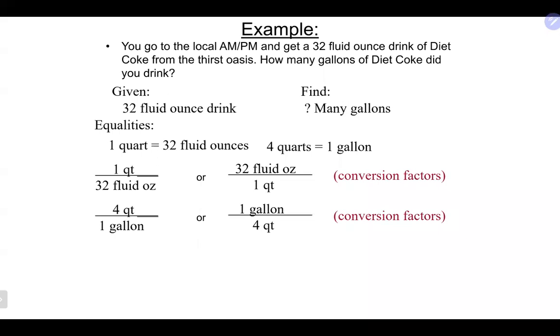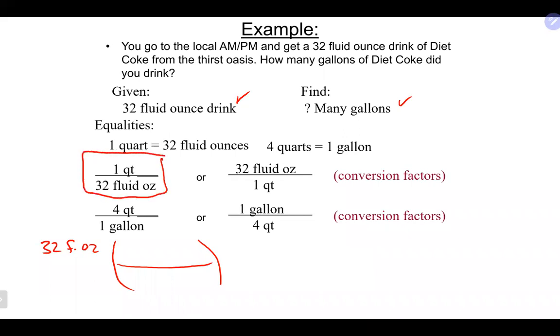Okay, let's take a look. So again, we are starting with 32 fluid ounces. We want to get to gallons. So that's definitely where we want to start, which is 32 fluid ounces. Once again, we want to get rid of fluid ounces. It's up on top. So we will want to use the conversion factor here to do so, to take us